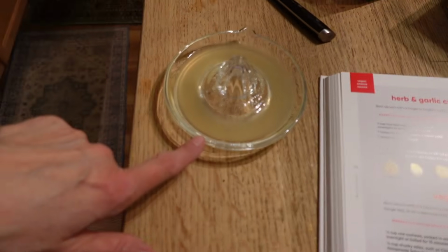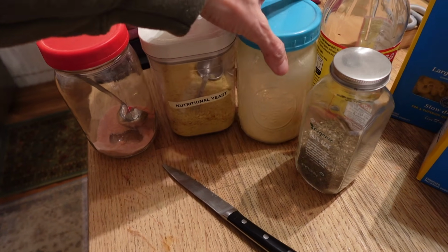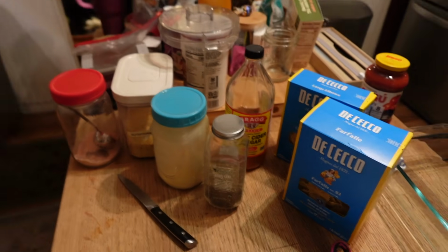So I'm going to be adding some lemon juice, some salt. I told you about the nooch. I don't have fresh garlic, unfortunately, because tomorrow is fresh produce shopping day. So I was out of cukes and, you know, all kind of green veg and everything that's fresh, out of garlic, out of scallions. So it was kind of hard to find a recipe to do today, but you know what? We make do. I'm also going to put some basil in there. For the tang, I'm going to put a little apple cider vinegar. 1, 2, 3, 4, 5, 6. And I might sprinkle a little bit of...